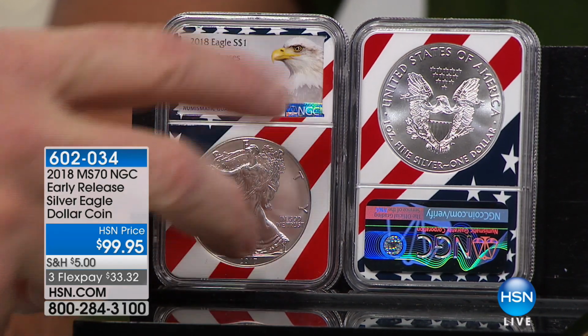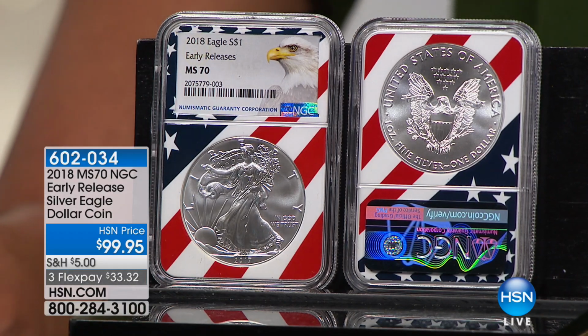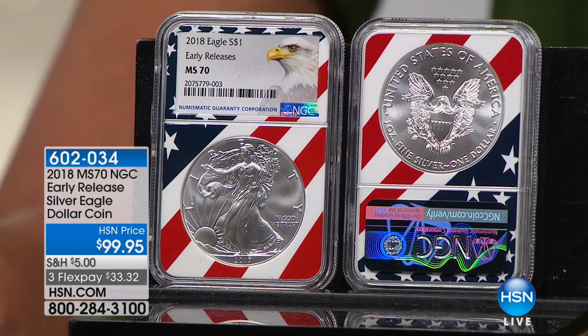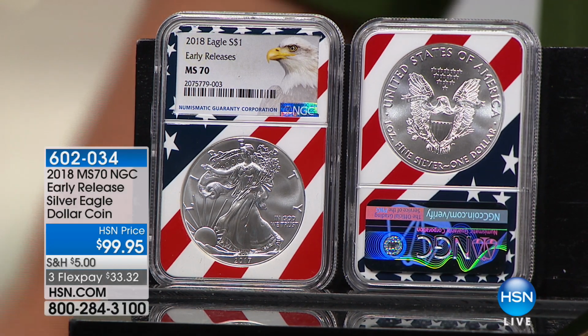It's the eagle. It's simple. The label isn't changing. Don't chase the labels. And so then we've added in the Flag Core, which is, like I said, 100% exclusive to me, so you're not going to get Flag Core anywhere except from me. And I've got it, and we've got early release, only